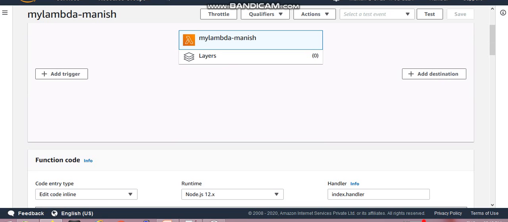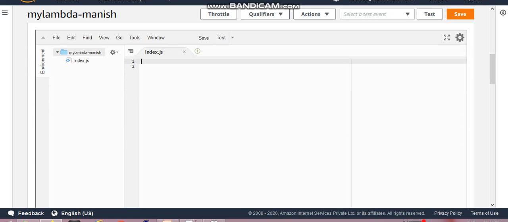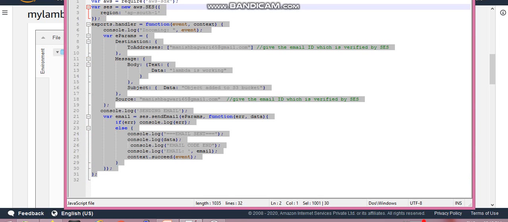This is the lambda function. Here you can see the runtime, and this is just dummy code, so you need to add the code. I already have the code written, so I'm just adding it. I will explain this code, and I will attach the same code in the comment or description.